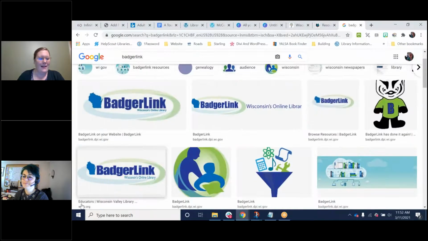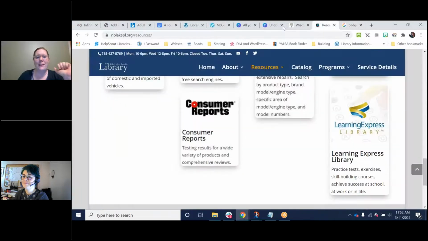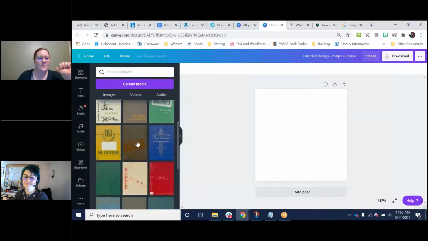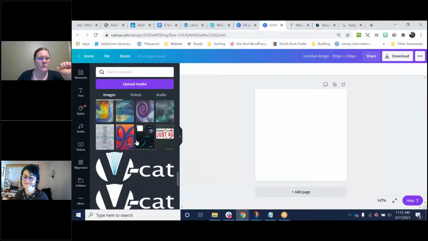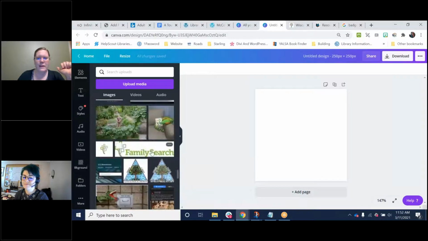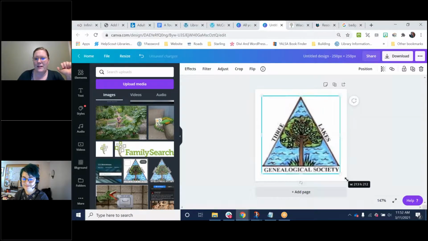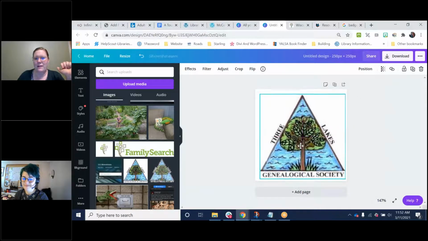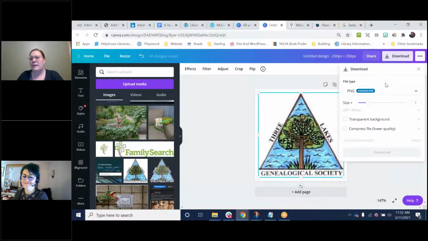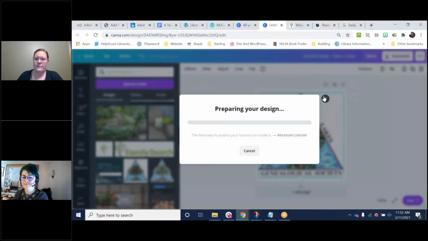So you grab the logo and plop it into Canva and make it look nice. Here's one for Three Lakes genealogy. I took it, put it in here, and made it into a square. Then I would click Download JPEG.